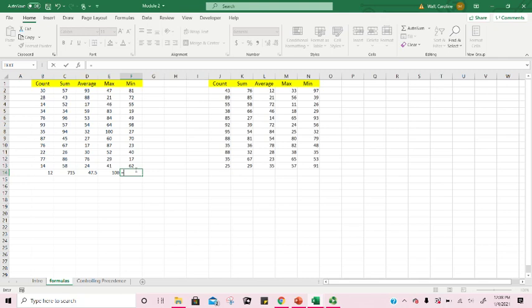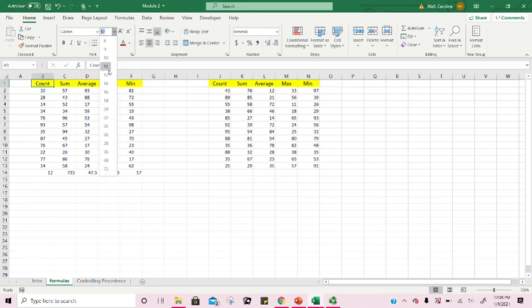value for the range F2 to F13 is 17. And I just wanted to let y'all know, if you have a stylized cell, see how I have this highlighted, Count Sum, it's Calibri 12 font. I can change it to whatever. But I'm going to show you how to do